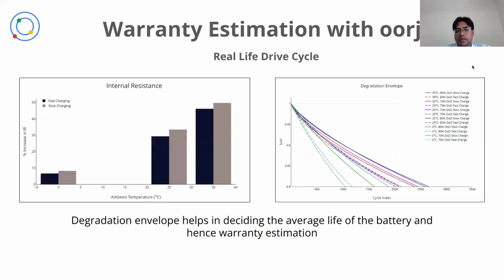Now, with all these things, you can generate the degradation envelope, which essentially means that you can start by designing the experiments, which includes the temperatures, depth of discharge, C rates, etc., and even the drive cycle conditions, different kinds of drive profiles, and you can start generating this envelope. Based on this envelope, you would know what is the worst life or the best life for the cells. And once we have the map of this, we look at the most probabilistic estimate, where if a lot of conditions are leading to one particular life, you would essentially